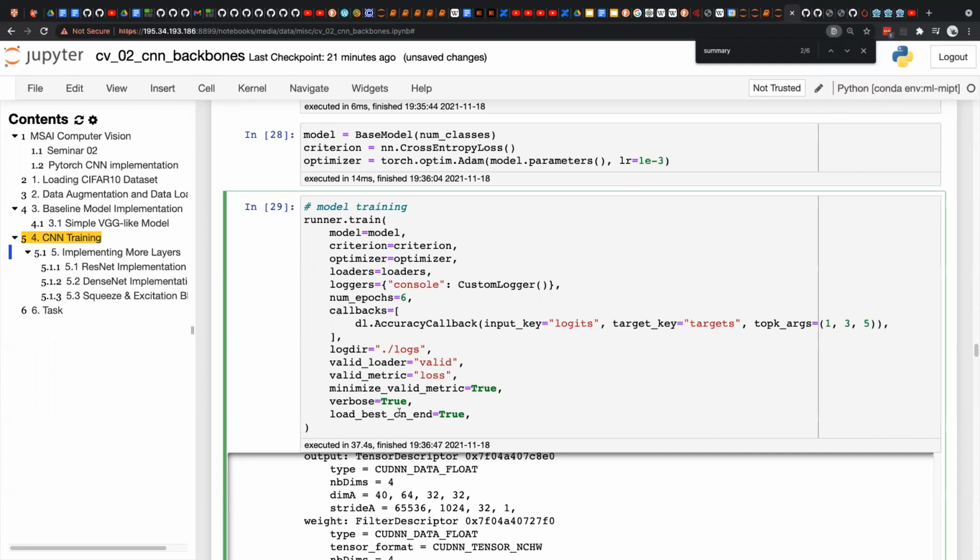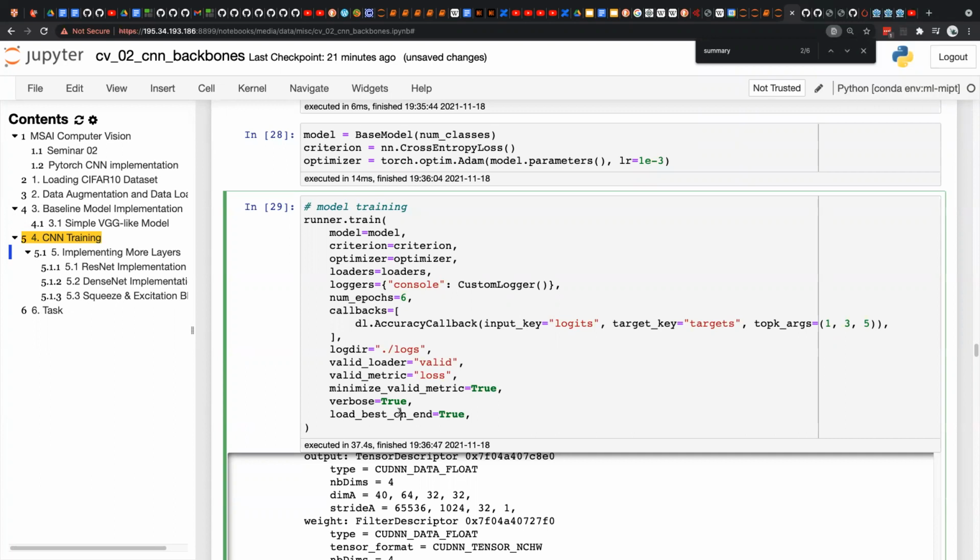Am I right that in the usual training process we iterate over epochs first, and inside this loop we iterate over batches? Yeah, this is the default, and I think this is 99.9% of training.